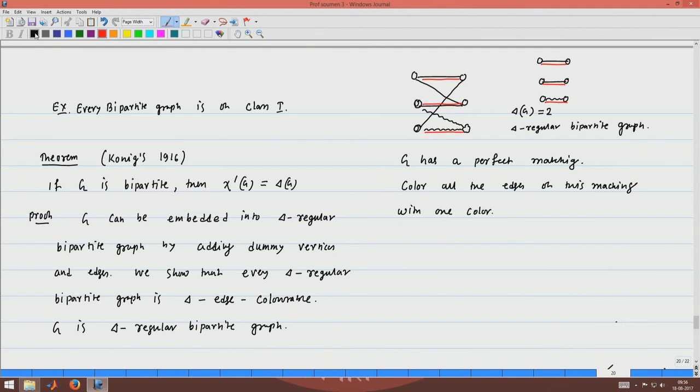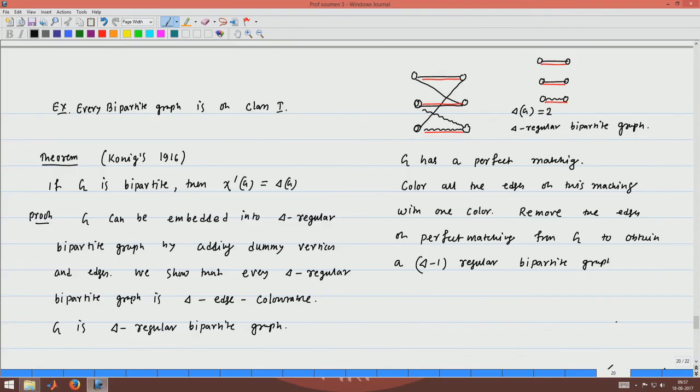And then what you do is remove the edges of the perfect matching from G to obtain a delta minus 1 regular bipartite graph, and repeat this process.